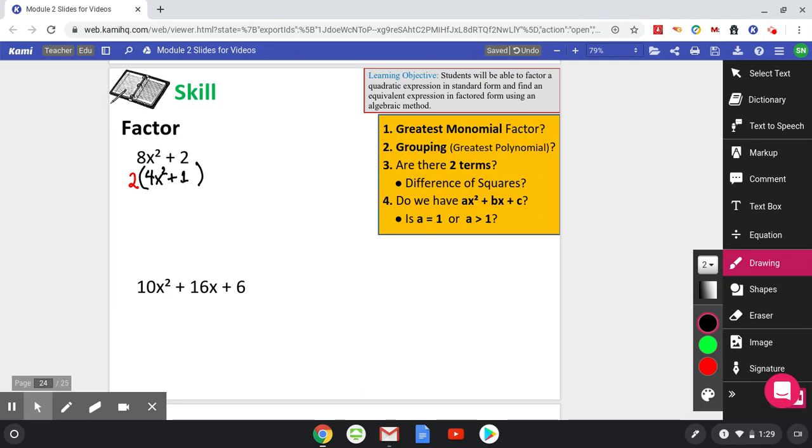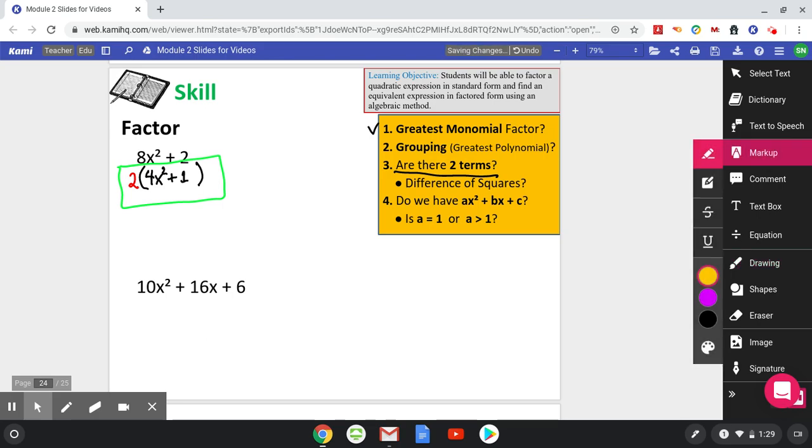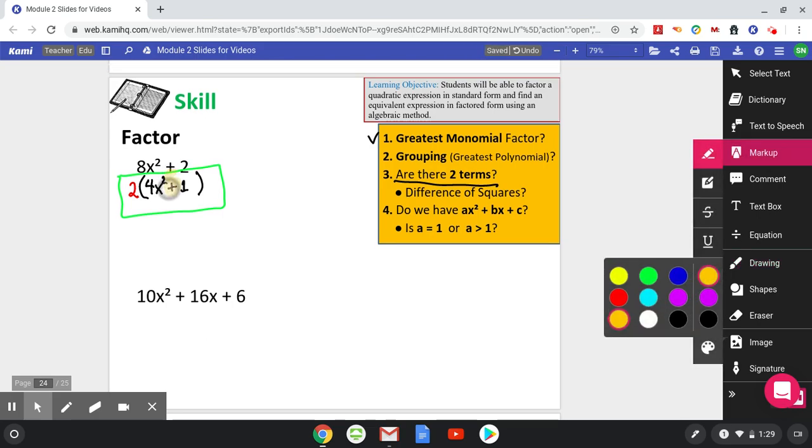Bring down the plus. Now let's take a look at the letters. This one has x times x. This one does not have a letter. We are unable to factor this problem any further, and this would be our solution. The reason we are unable to factor this problem any further is because we have to see if there are, even though there are 2 terms, there is a plus in between, not